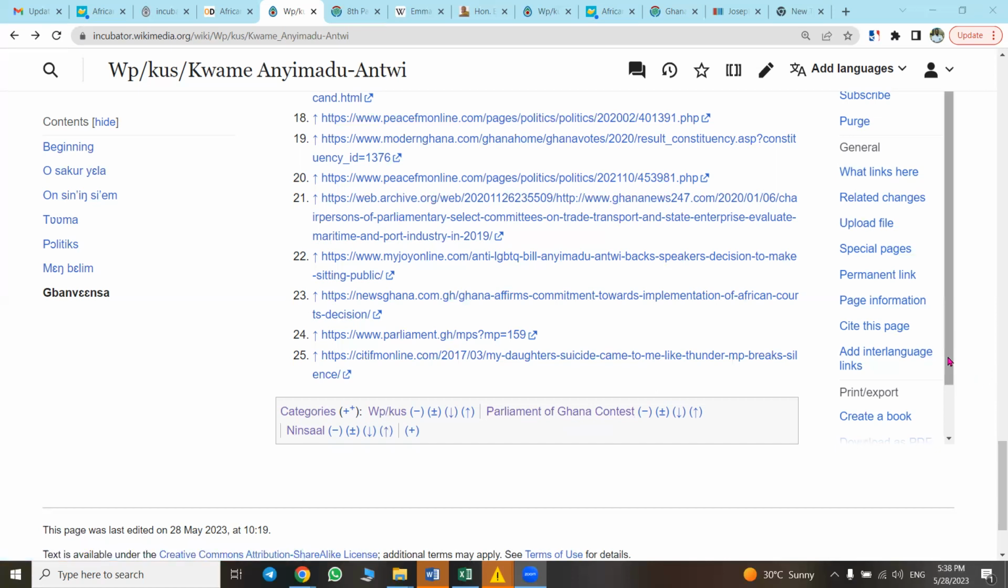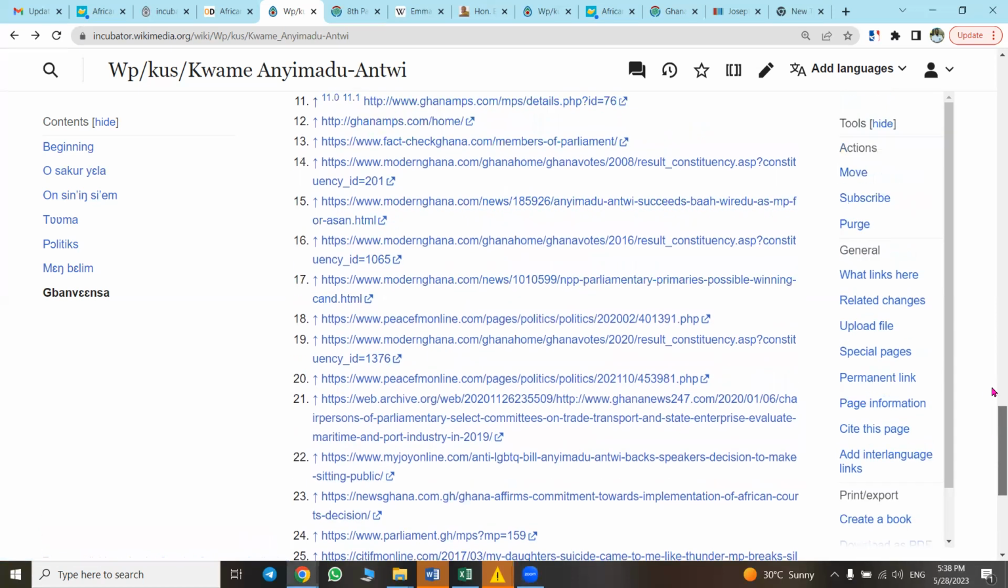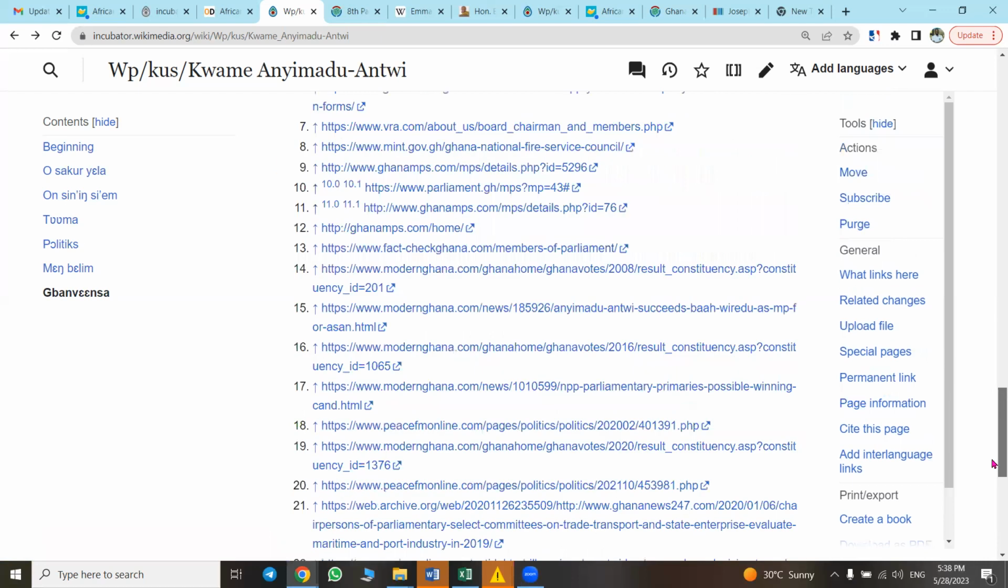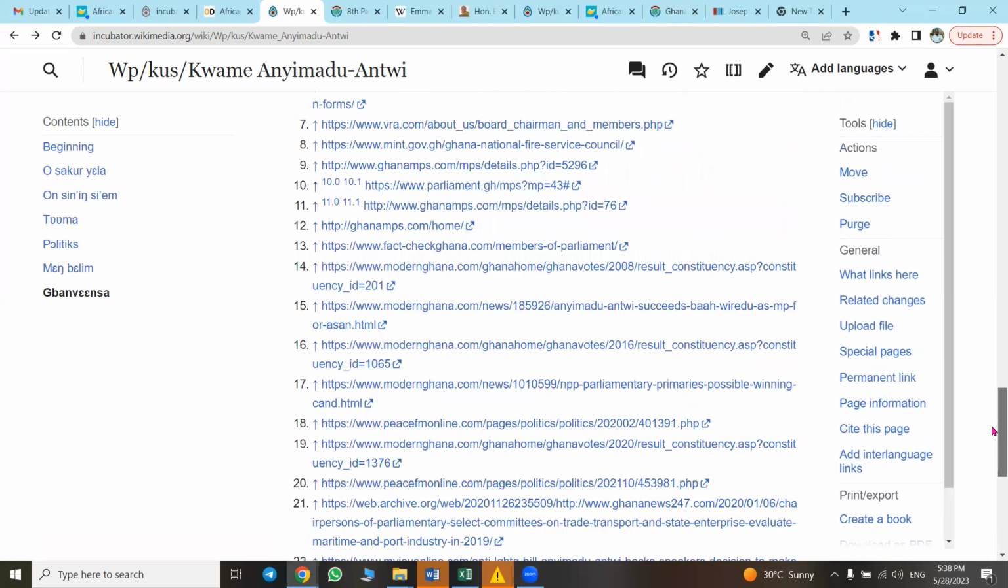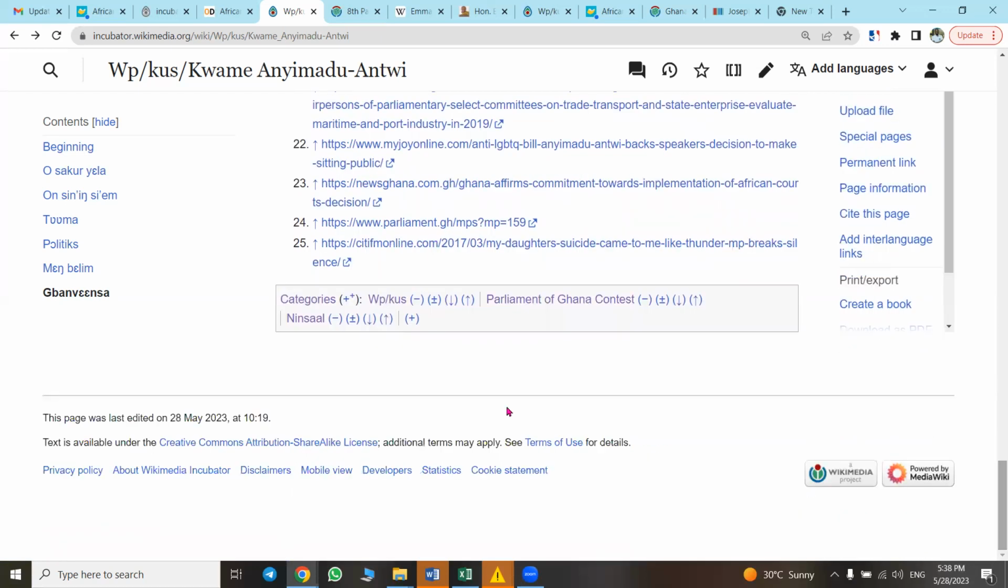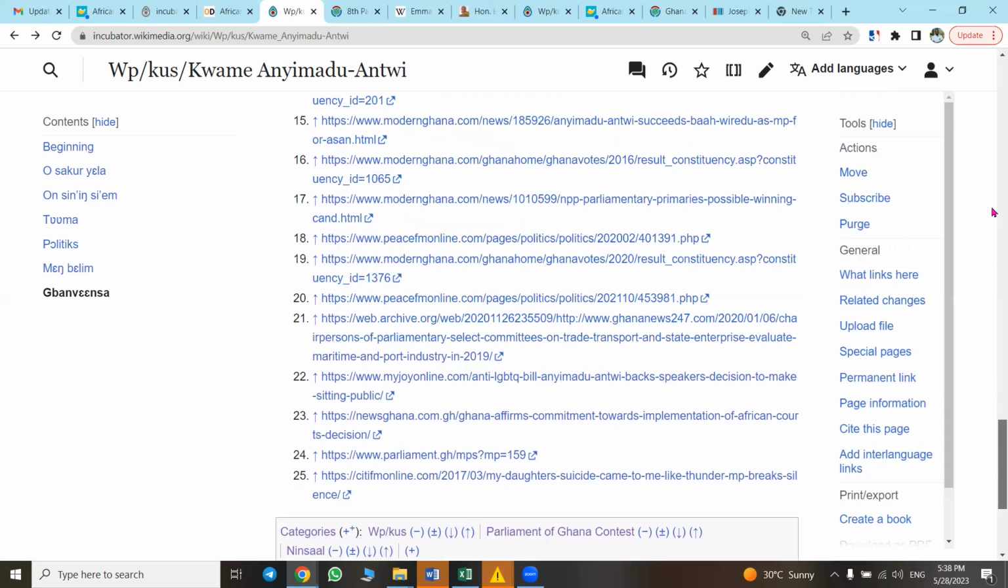Now, how do we add categories? I think we mentioned it last time, but I wanted to show us how to use the edit source to add the categories. So you see these categories, if you open the source edit or edit source, you see